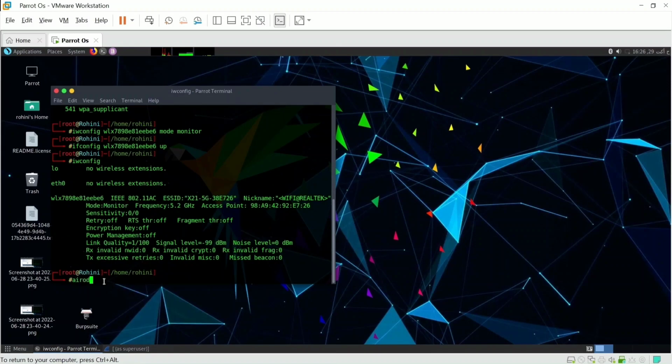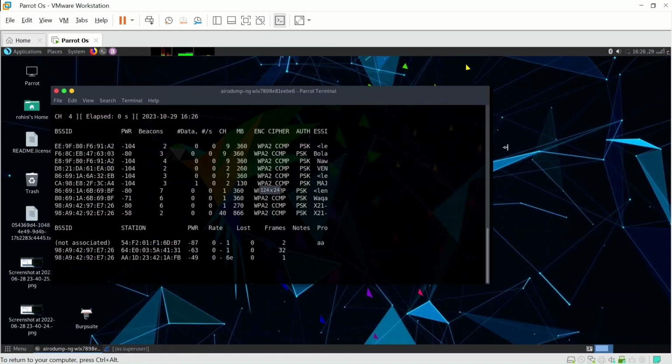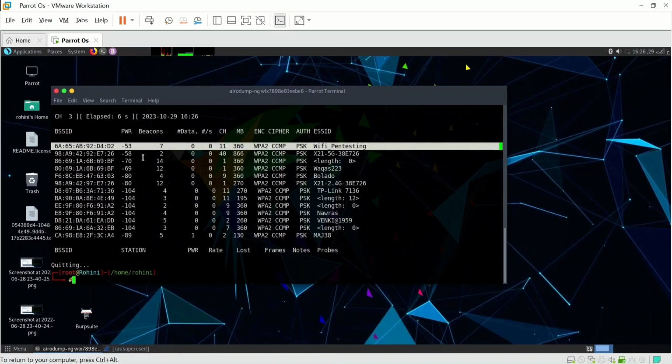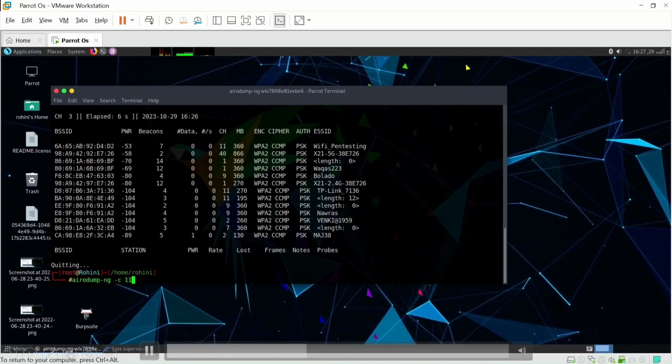Now let's check for all the available wireless networks around here. Here the one which I am going to use is Wi-Fi Pentesting. These are the available networks around here. Now in order to check what devices are connected to Wi-Fi Pentesting, we have to run airodump-ng. Channel here it is 11, the SSID, which is going to be